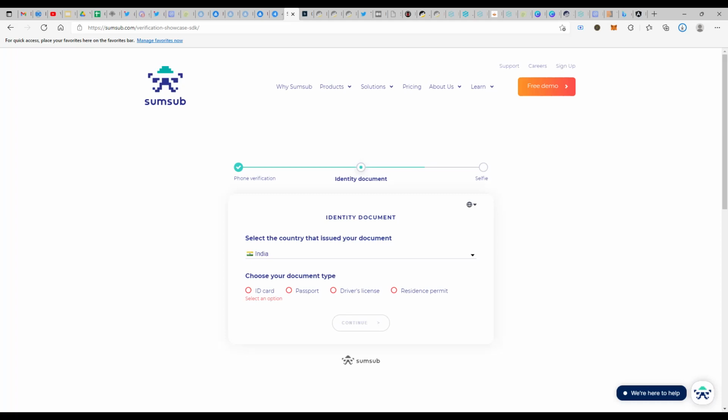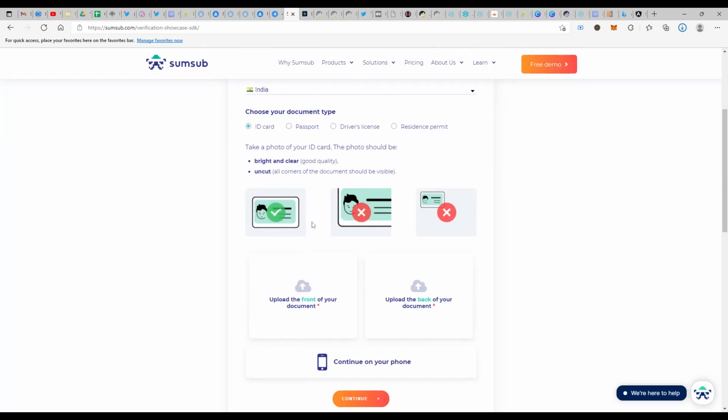Next, it depends on each of the ID cards: the passport, the driver license, or residence permit, whatever you have as proof of address and proof of identity that you can go ahead and upload. Now I go ahead and choose an ID card. It gives you certain demos of how the photograph and the ID card need to be. I have mentioned this in my earlier videos as well. Ensure that the words and your photograph are legible, especially when you're taking photos through your phone camera, because it tends to happen that the edges of the photograph might be a little blurry. Ensure that you take a proper photograph, or better yet, scan it. Use any scanning app on your mobile phone and scan your cards.